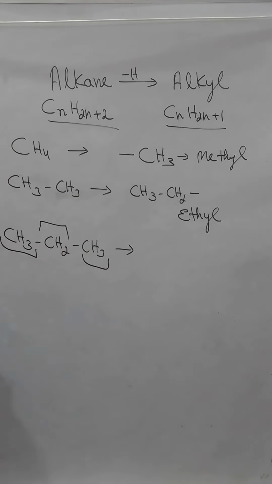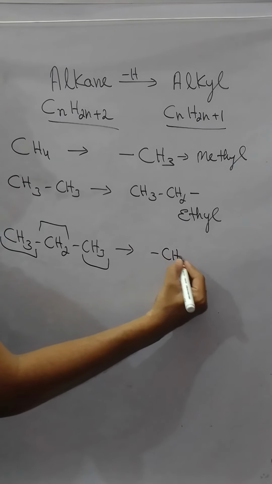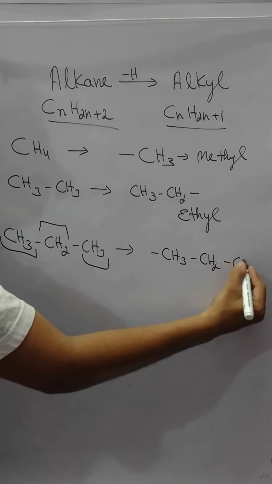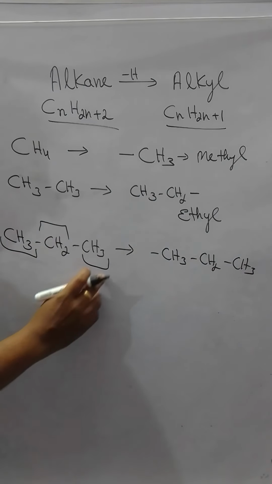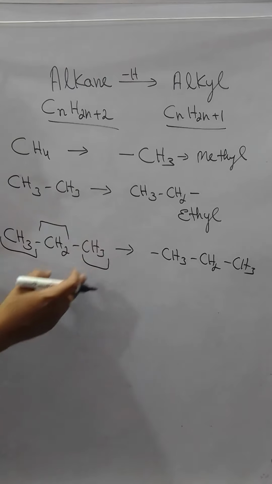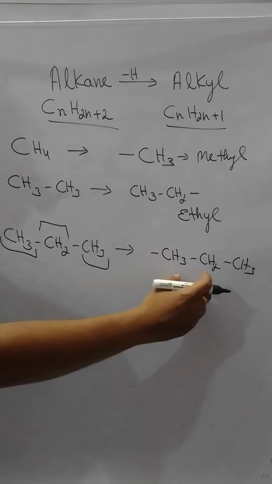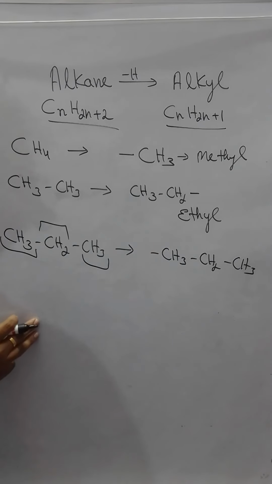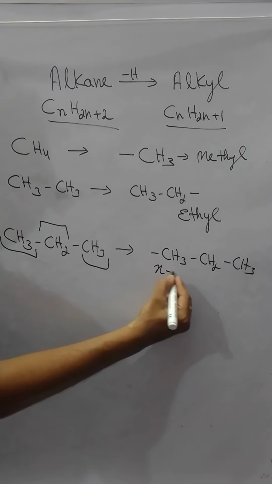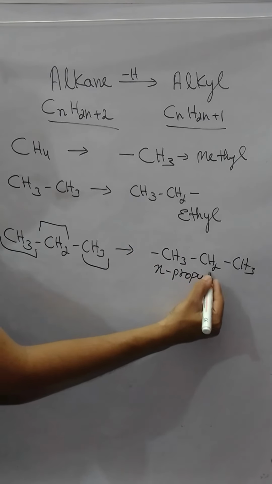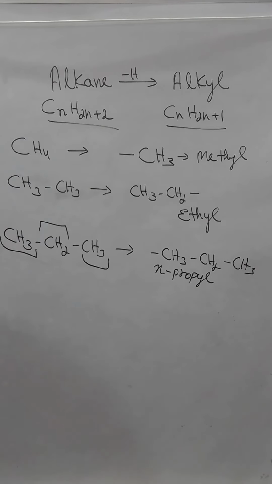Okay. Now if I remove the hydrogen atom from here, I will get one type of alkyl group, CH3, CH2, CH3. I can remove from here or here, it doesn't matter. If there are similar types, wherever we remove the hydrogen from, we will be getting the same alkyl group over here. Now if I'm removing it from either of the ends, then we call it N-propyl. N-propyl, normal propyl, just as normal propane means it is straight. I remove one hydrogen from either end, then we call it N-propyl.